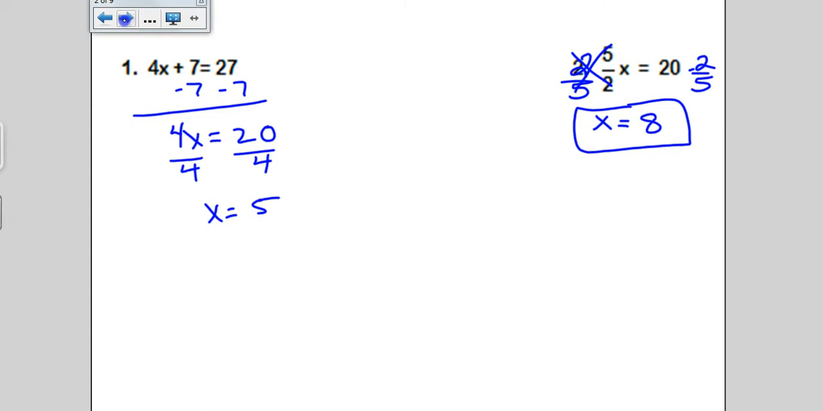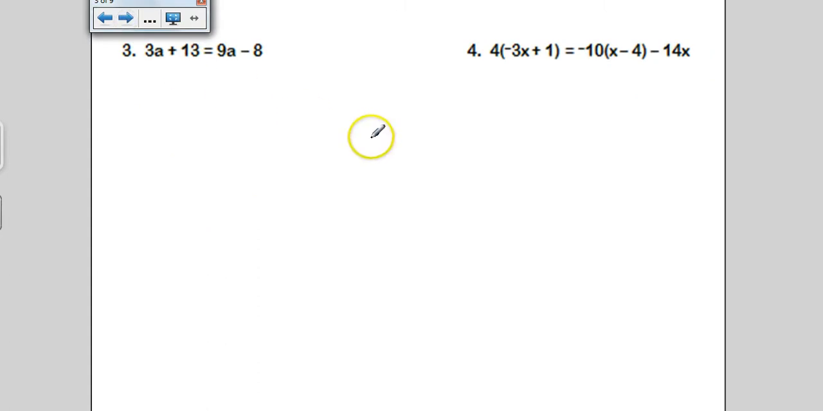Okay, moving along. When you get to number 3, there's a's on both sides of the equation, and it doesn't matter if you bring them to the right or to the left. I'm going to go ahead and bring the a's to the right. So I'm going to subtract 3a from both sides, and that's going to bring all the a's to the right. Now since I brought all the a's to the right, the non-a's have to move to the left. So I'm going to go ahead and take this negative 8 and I'm going to add it to both sides